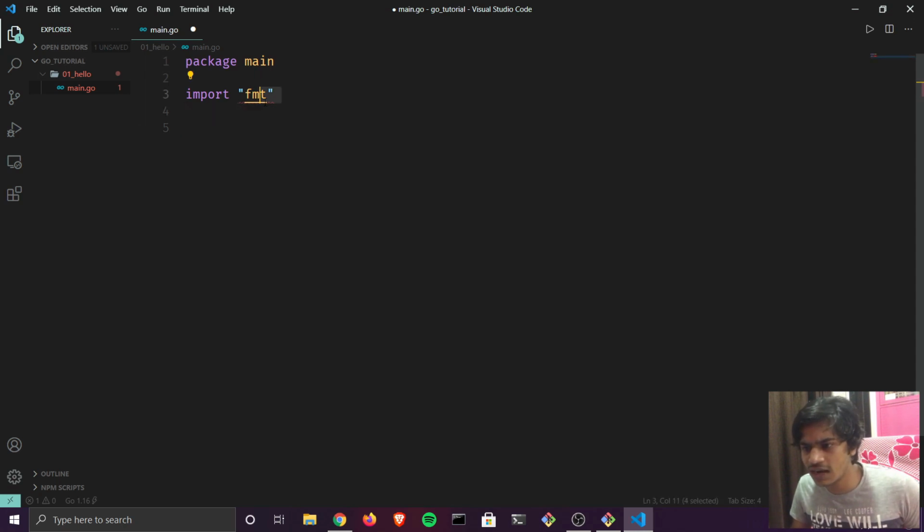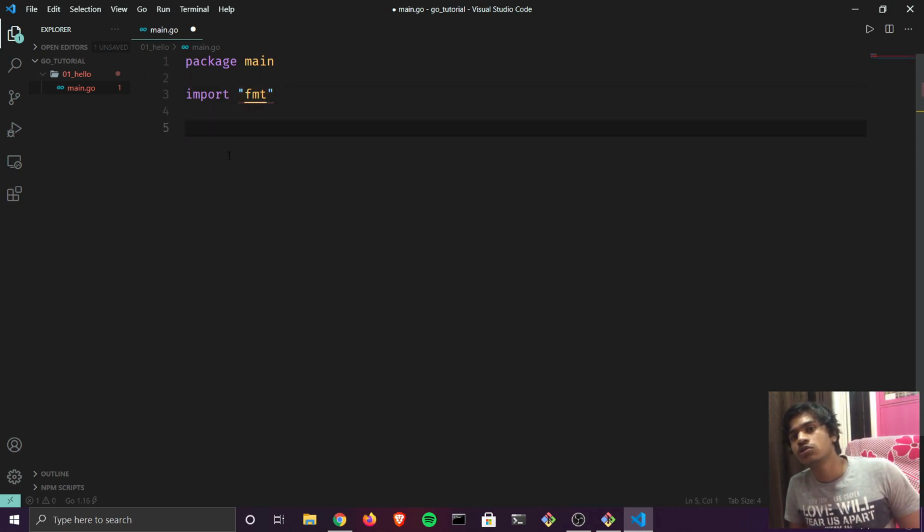Now it's showing this red line over here. It's because we are not using the fmt package in our project at the moment. We'll be certainly using it now, but what Golang does is, if you have imported something and not used it in your project, it will throw an error. So if you create a variable and you're not using it in your code, Golang will throw an error. What is a variable? You'll learn as the course progresses. Or maybe if you're an old programmer, you know what a variable is, but leave that aside. It's focused towards beginners and even intermediate programmers who are experienced but want to learn Go.